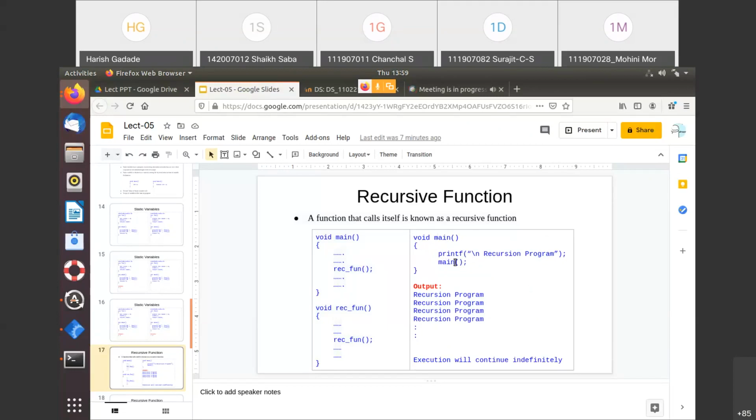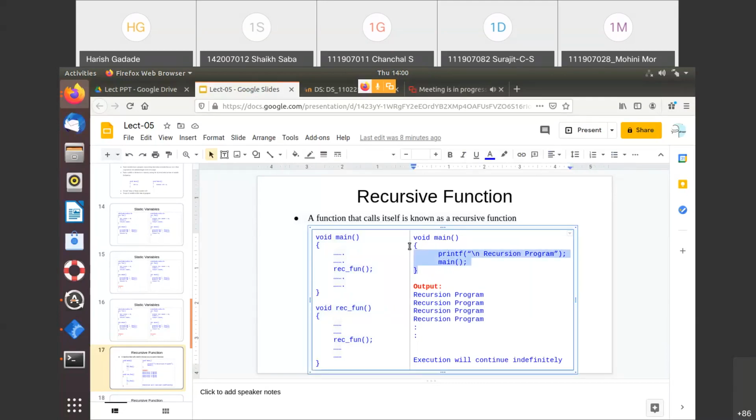Now what is happening here? It is coming to this point, it will print this statement. It is coming to the second statement, it is main. It means it is a calling statement. It is going back to this again. It is coming here again, printing this and coming to this. So it is calling itself again, going here, coming here, printing this again, coming to this, calling itself. So it means there is no termination condition in this. If you see here, it is calling that main program again and again. So that's why it is entering into the infinite loop, right? So that's why this will be executed.